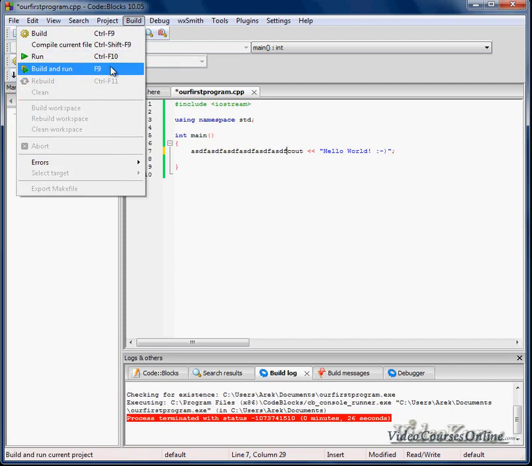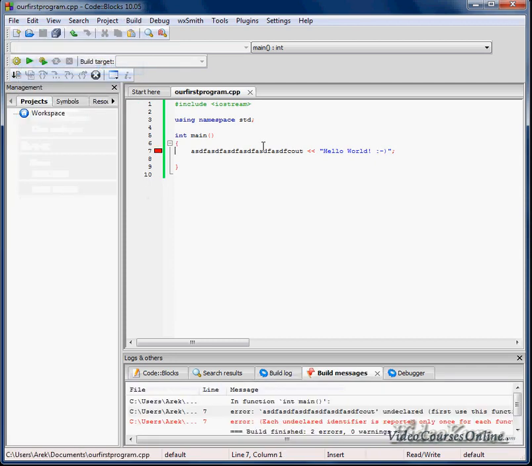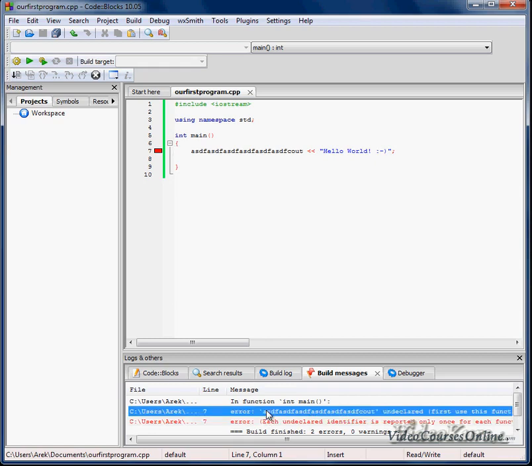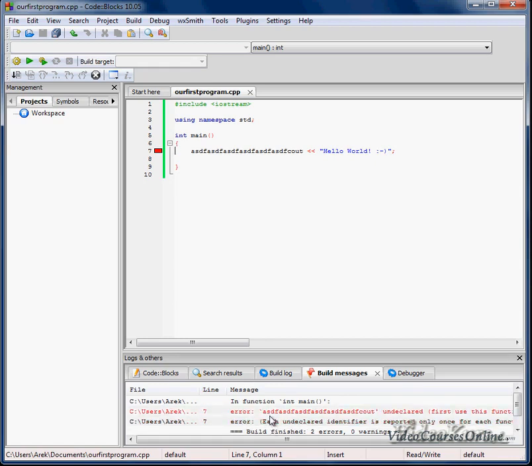And now I will click the build and run option. Oops, our program didn't run, and we can see here that an error has occurred. When we click on that, we can see on what line it has occurred. 7, right? It is highlighting that line,